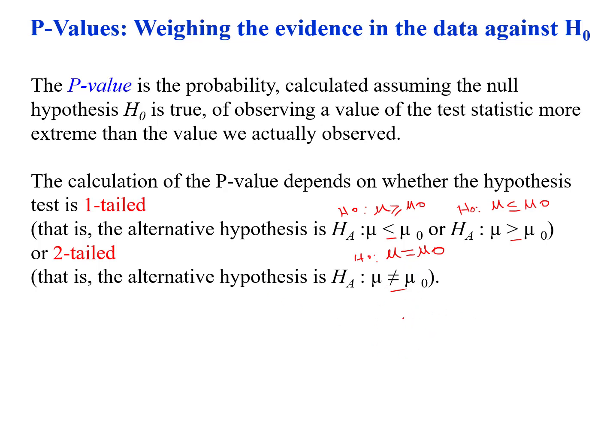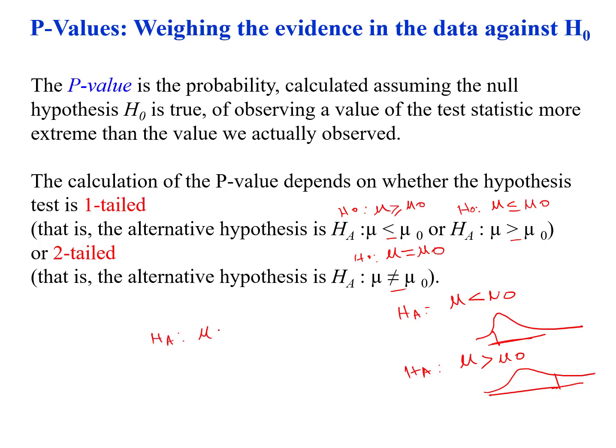If the alternative hypothesis is mu less than mu naught, we will sketch this, and it shows a left tail test. If the alternative is mu greater than mu naught, we will sketch this, and it will be a one tail test, a right tail test, where it is greater than a specific value. If the alternative is mu not equal to mu naught, this is a two tail test, and it will cover both sections.